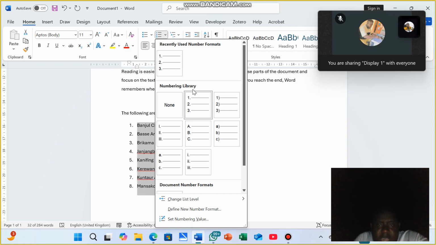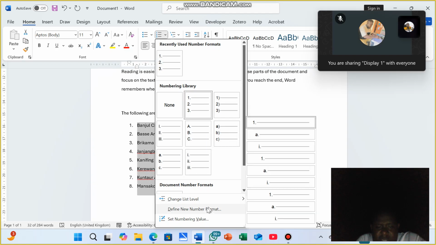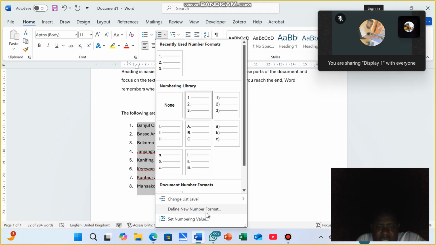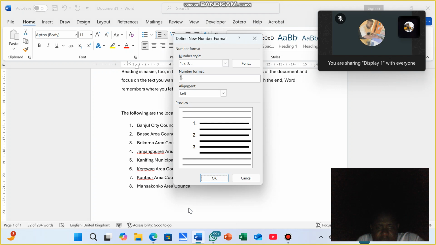Okay, and then choose whatever styling that you wish. Okay, and also if you want to add your own format, then you also have that option here. Okay, so maybe the number format, I want it like this, maybe I want it like this. Okay, then you can just